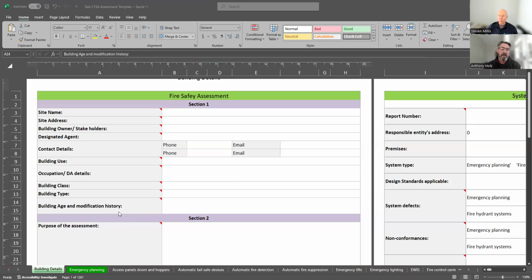You can talk to some of the people in the building or around that building, because buildings were built in periods, and oftentimes a lot of buildings were built around the same time, because areas were developed at similar times. And once again, we're not looking for specific dates here. We're just looking for a period that would be relevant to the performance standard that we're trying to get to